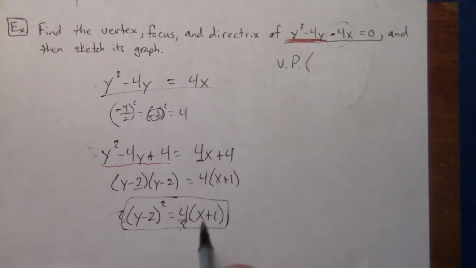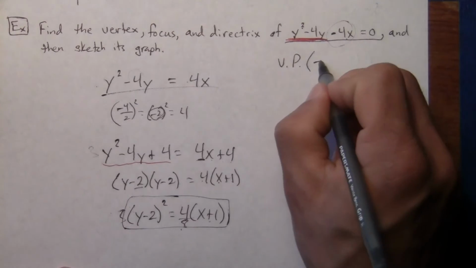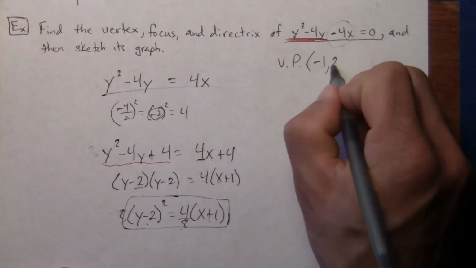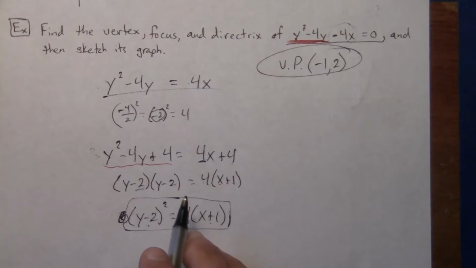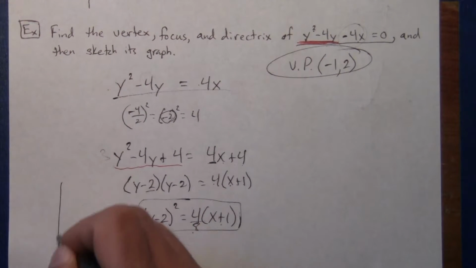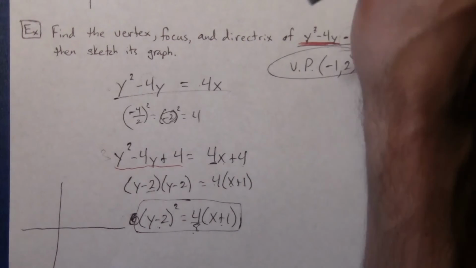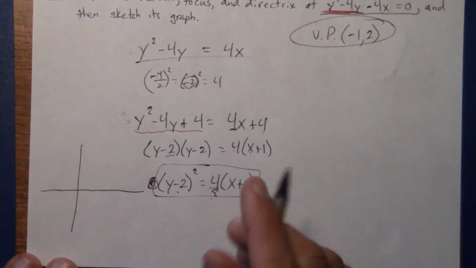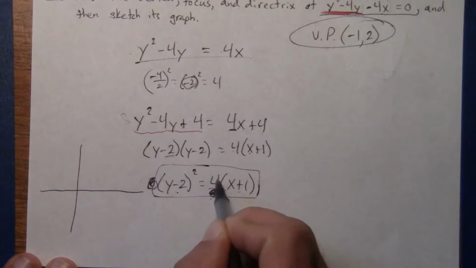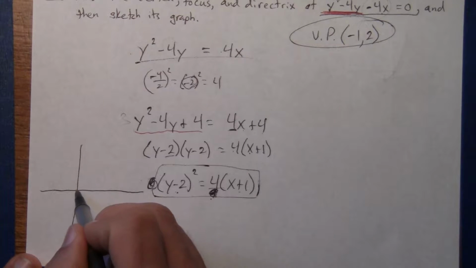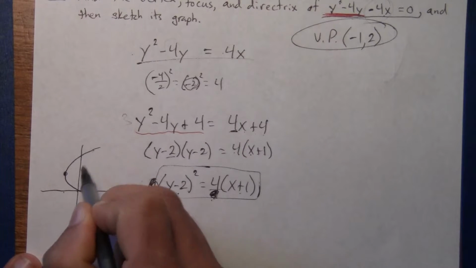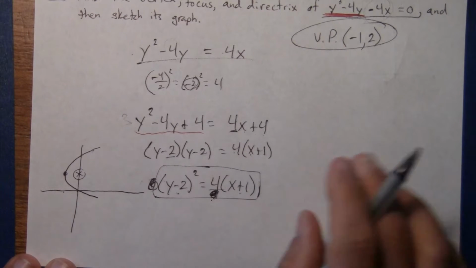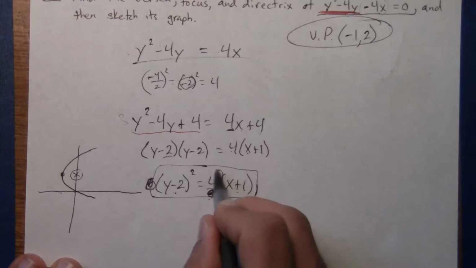Going to start by finding the vertex point. Again, x is first, so it's -1, and then +2. There's the vertex point. It's y that's being squared, which again is, compared to last year, that's not normal, so it's opening to the right or to the left. This is a +4, so it's opening to the right. So my vertex point is -1, 2, and it's opening to the right, which means my focus is somewhere to the right of it. So if I look at my p value,